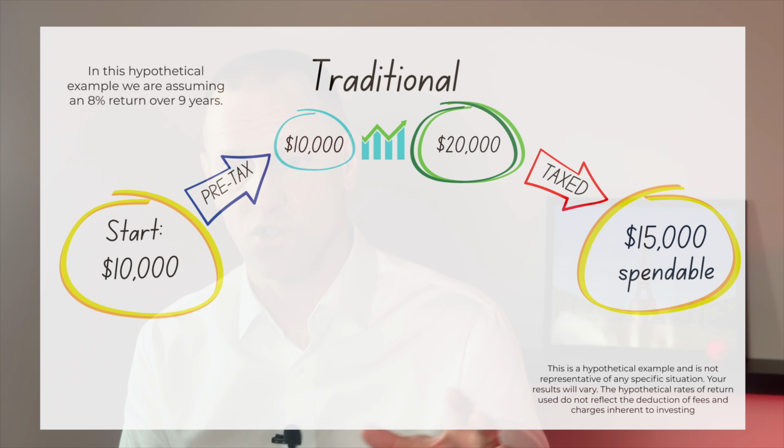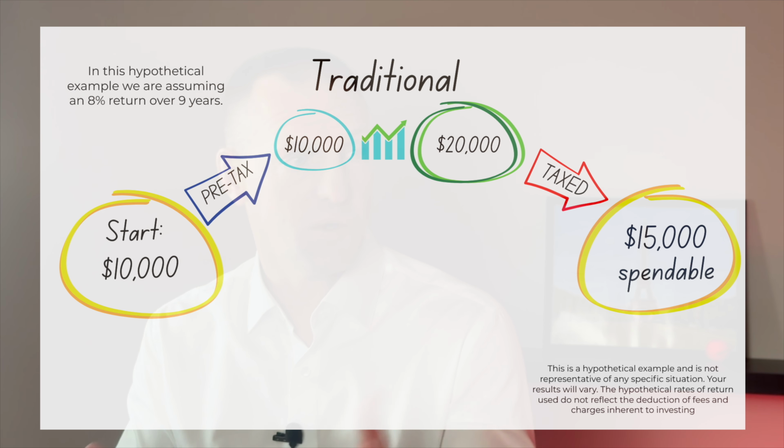So I think what's really interesting, and we're going to put a graphic up here that shows this, is let's assume you were going to invest $10,000 into an IRA, okay? Now you can't do that much, but it's even numbers, so we're going to use that for an assumption. All right, so if you invested $10,000, it's invested before taxes, okay? So it doesn't cost you income tax. And let's say that $10,000 is invested for 9 years at an 8% return, okay? And roughly speaking, that will double your money in about 9 years, okay? So your $10,000 now becomes $20,000.